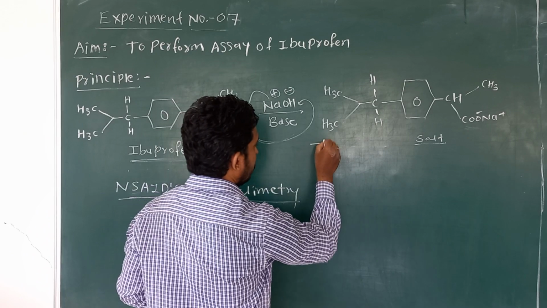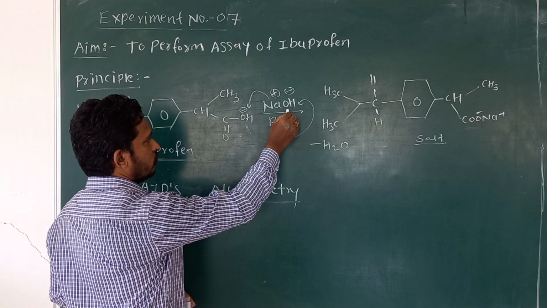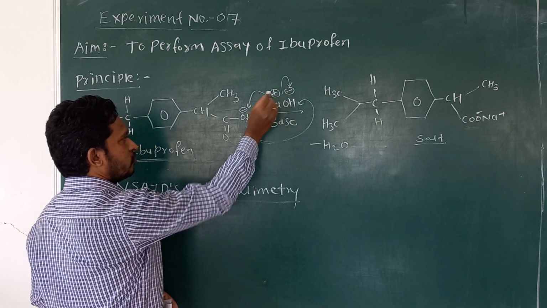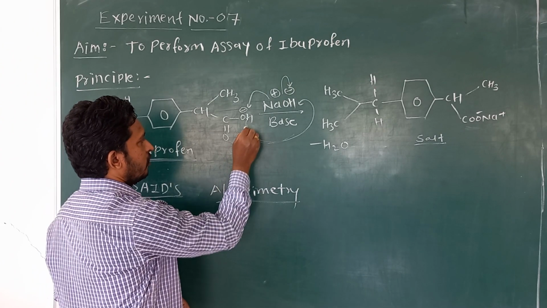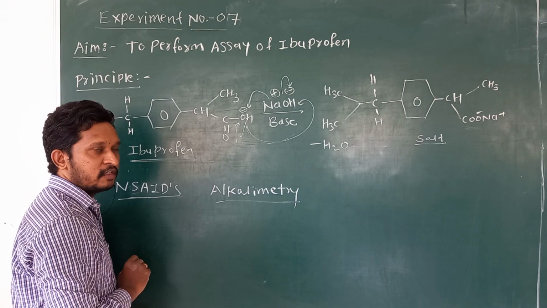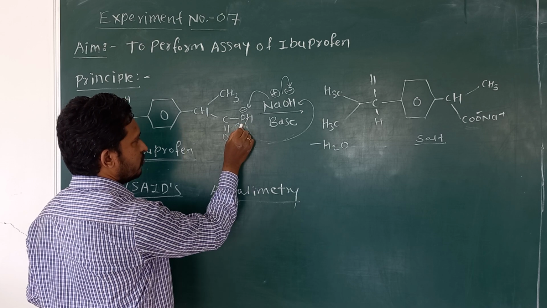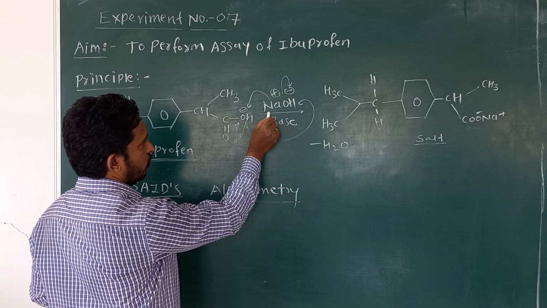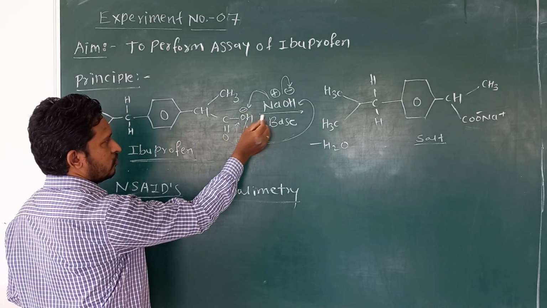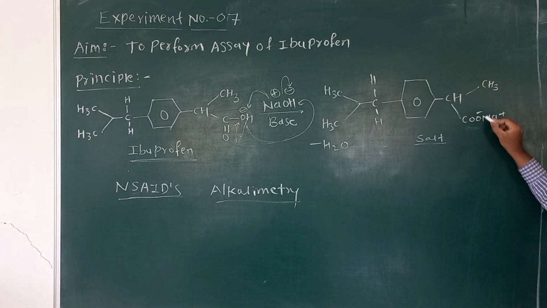In this way, there is a removal of water molecules. After the removal of water molecules, this OH group takes the lone pair of electrons towards itself. The sodium becomes electron deficient and acquires a positive charge. The hydrogen gives the lone pair of electrons to this oxygen, so this oxygen will be negatively charged and will act as a base, and then it will attract the positive sodium towards itself. So the sodium will attach to this oxygen, and in this way we get the salt, that is COO negatively charged with sodium attached to the oxygen.